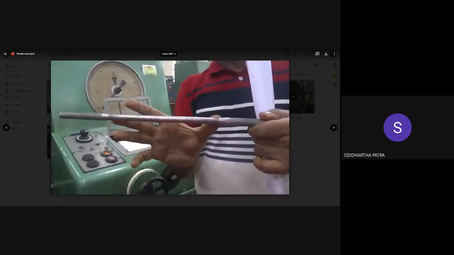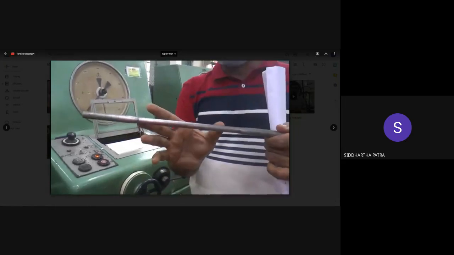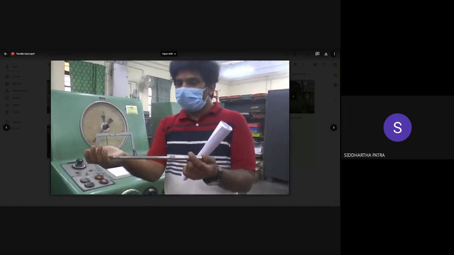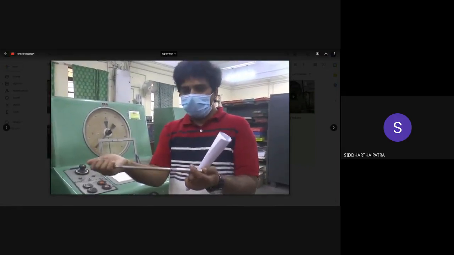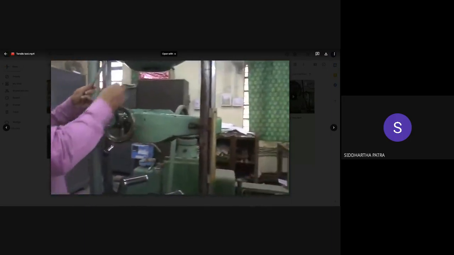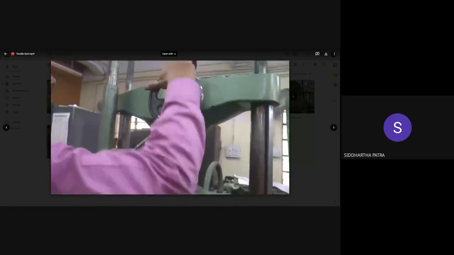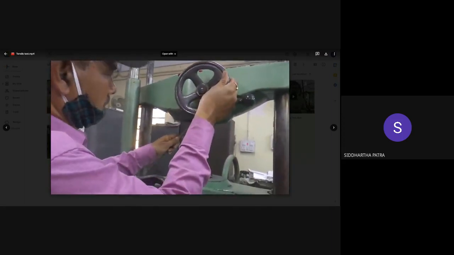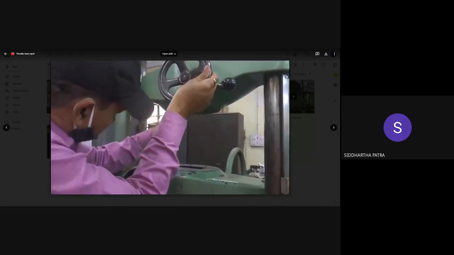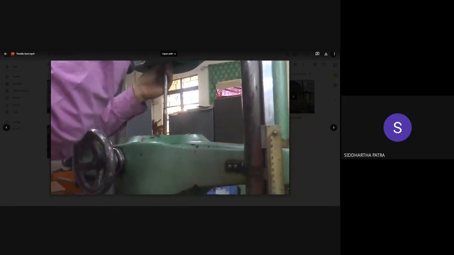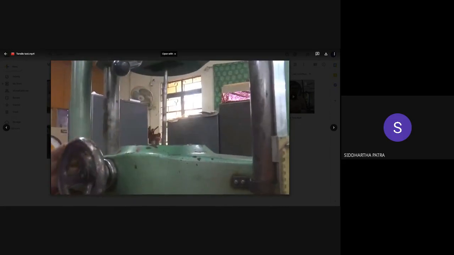So that is the effective length of the specimen, and these two sides of the specimen which have the higher diameter are where the specimen would be held by the fixed and the moving crosshead. That's where it would be attached. The reason for making the two ends slightly higher diameter is to ensure that when the material actually fails, the failure occurs in the central portion where the diameter is the lowest.